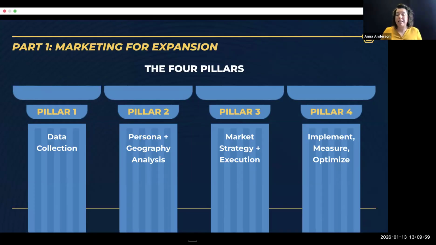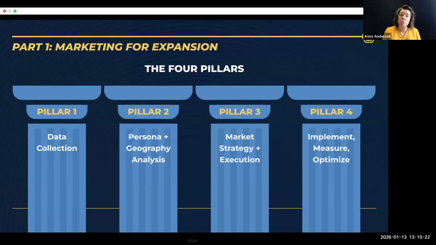And let me tell you, they hit that goal in 12 months. They didn't need all 18 months. They doubled their revenue. But the key component was bringing the data into the strategic expansion strategy. And so that's why we're here to talk today, because you're here with a mission to look at your growth